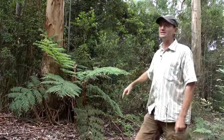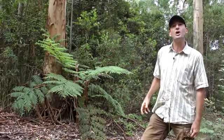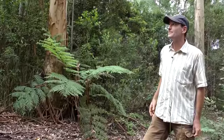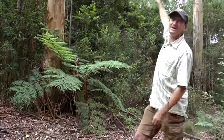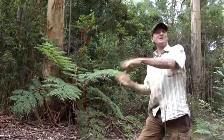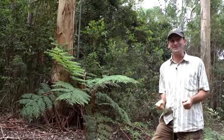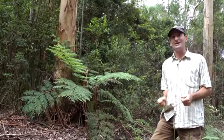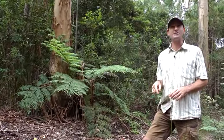They can climb trees, they get on the ground, they dwell within hollows and rock stacks. They're quite a voracious predator, so they'll get up. Say this blue gum had a nest of crimson rosellas in it. They could easily climb that tree, get into the nest and eat the whole clutch of young. They are a voracious predator, but they're a really important part of a healthy ecosystem,